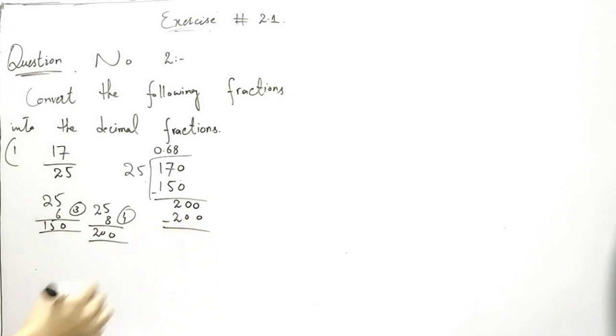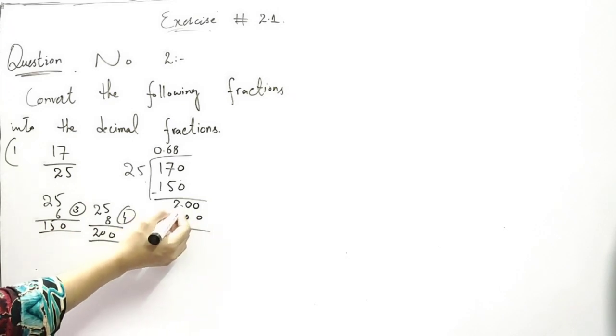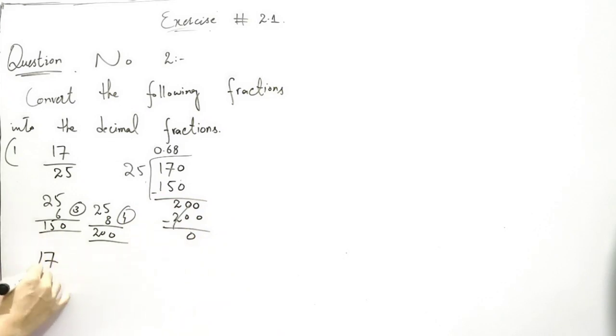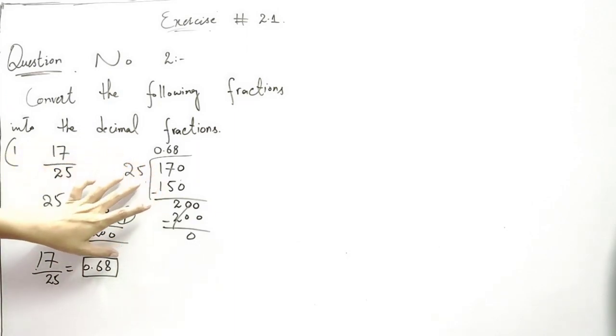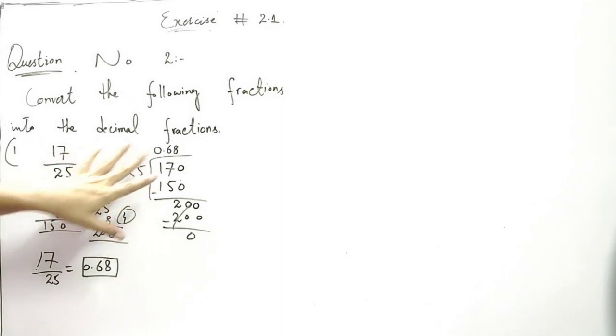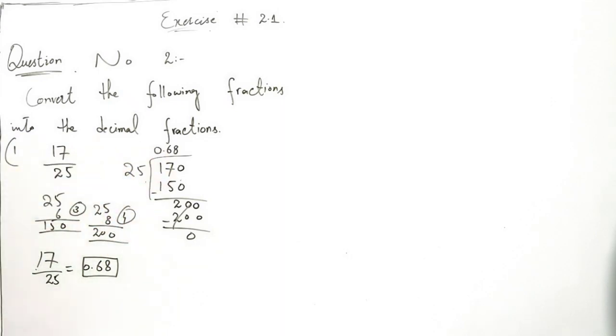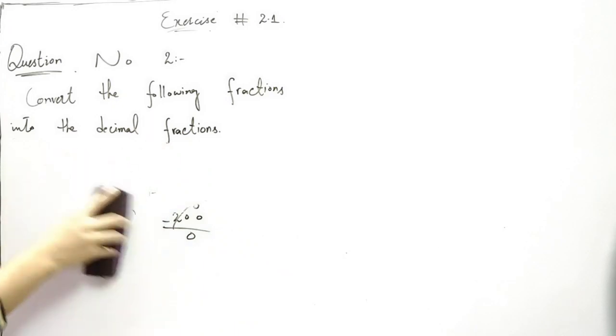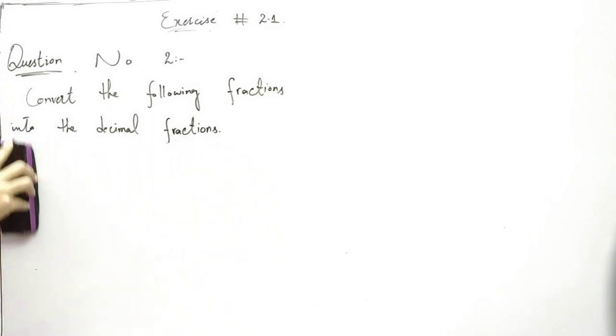So again minus 200 from 200, so this 200 and minus 200 will be cancelled and this becomes 0. So we can say that 17/25 is equal to 0.68 in the decimal fraction. So this is a simple way to convert any fraction into the decimal fraction. So the first part is solved. Now we will move toward the second part. And the second part is